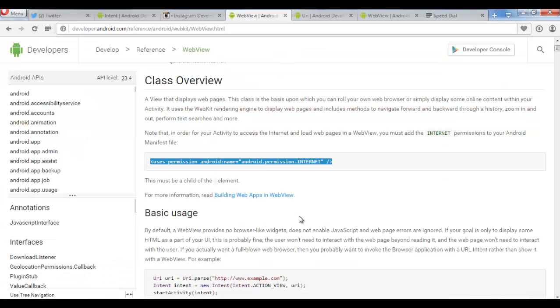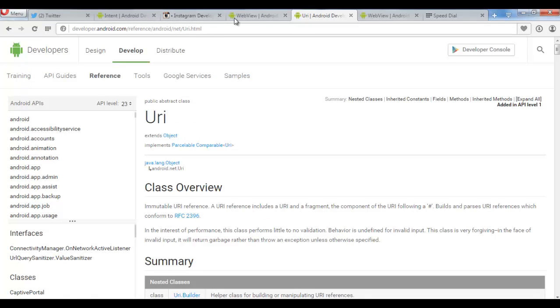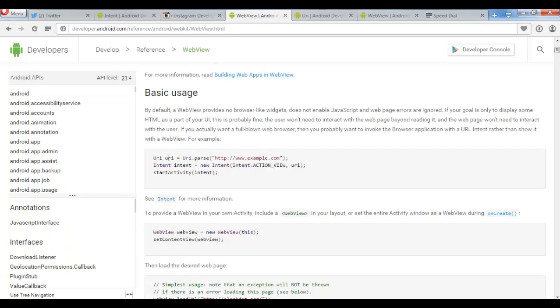So the approach that I initially used was this one, where I did something like this little piece of code. Uri is another Android class, so you can check that out as well if you want, but it's not very important. I did something like this: Uri equals Uri.parse, and in place of this example.com, I was placing in our newly constructed